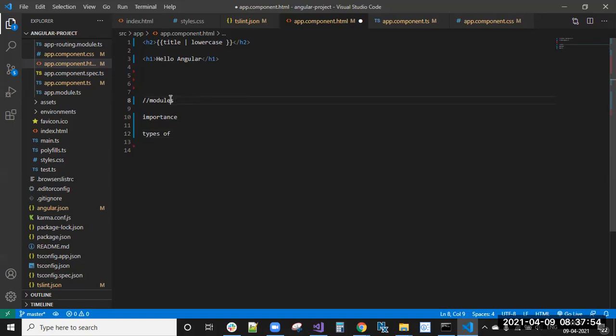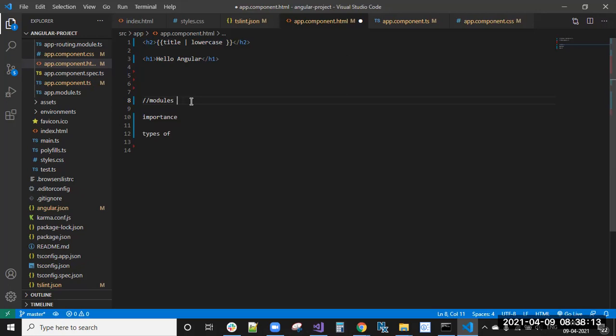So what is a module first? We already saw modules in TypeScript. So what is a TypeScript module? A module is a class which has methods and variable declarations.